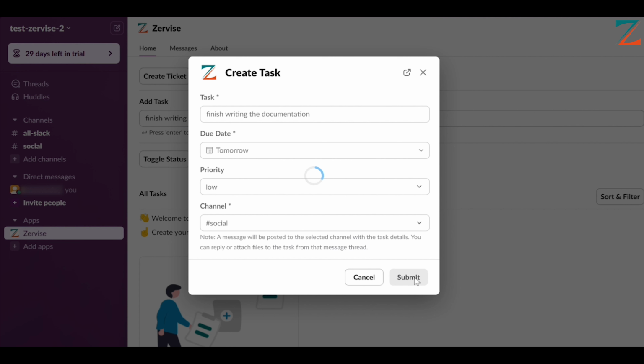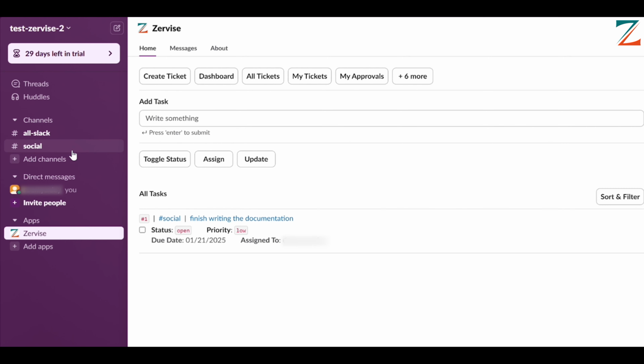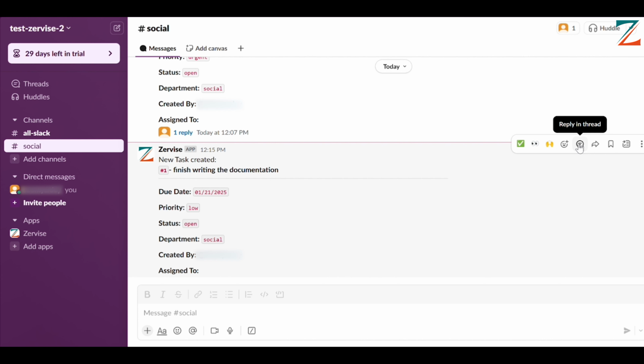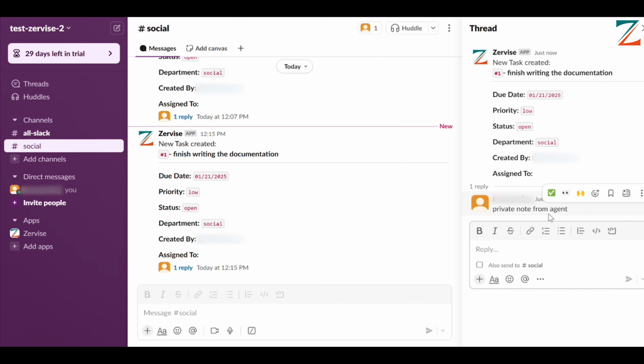After the task is created, you can view it on the All Tasks tab. Head over to your selected Slack channel, and you'll find a message with the new task details. You and other team members can post replies or notes in the thread of the Slack message to collaborate on the task. Whether you're a user or an agent, you can stay on top of your to-do list and streamline